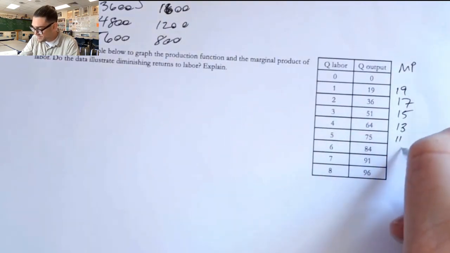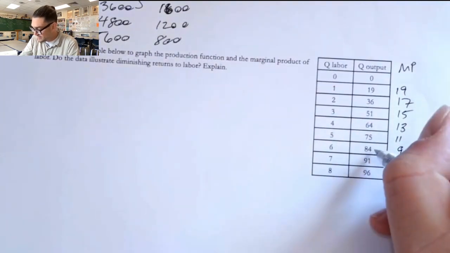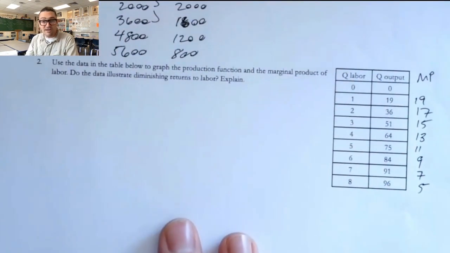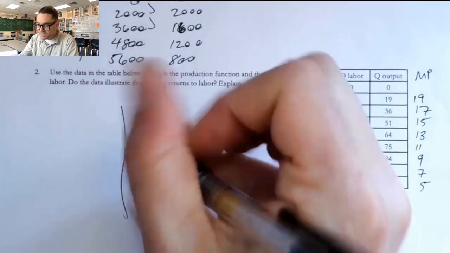I'm just doing these in my head and hopefully they look right. 13, 11, 9, and then that's 6, that's 7, and 5. So they're going down by 2 every single time. We would say if we're going to graph it,